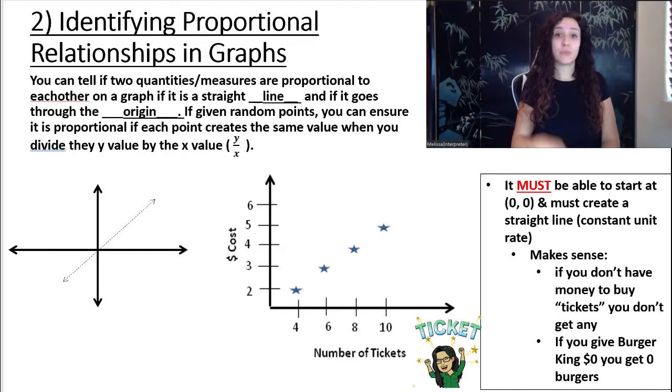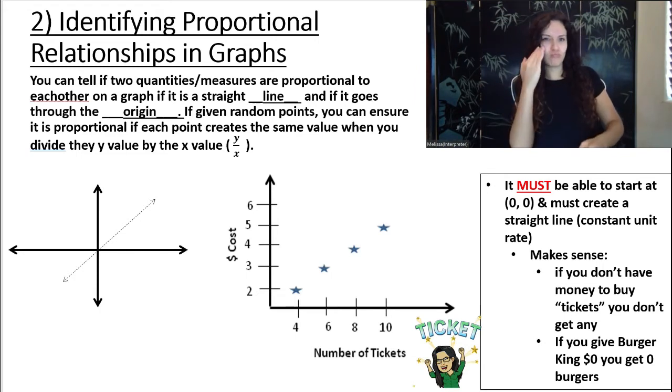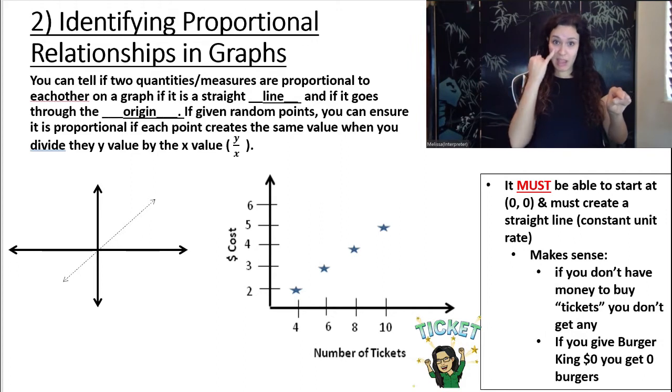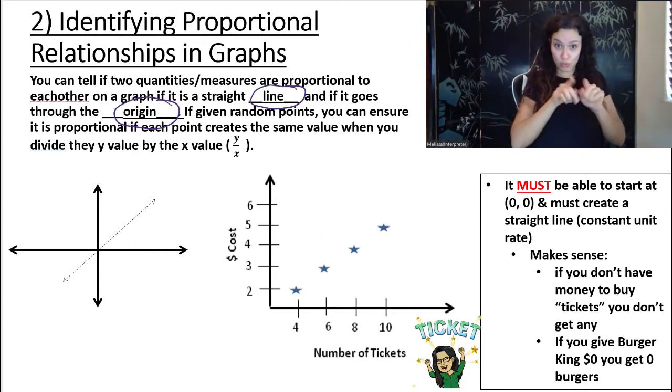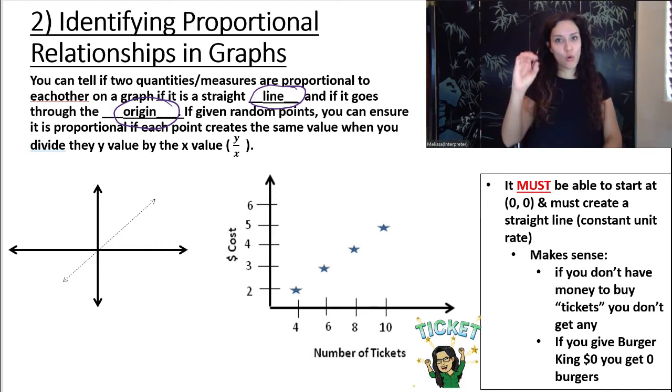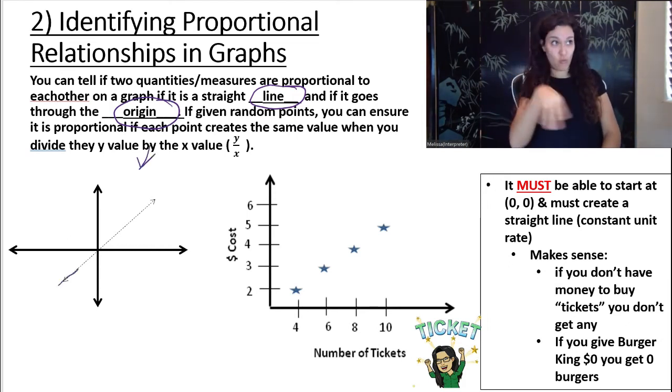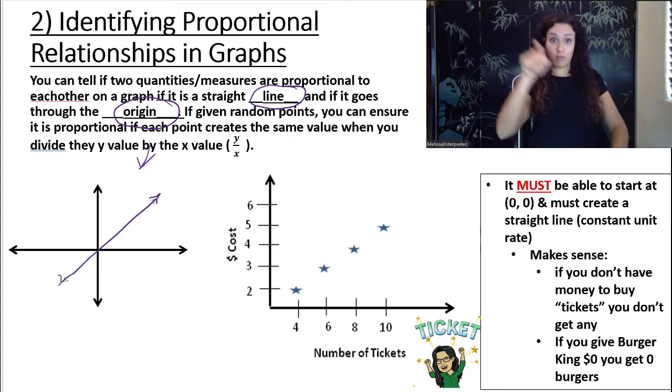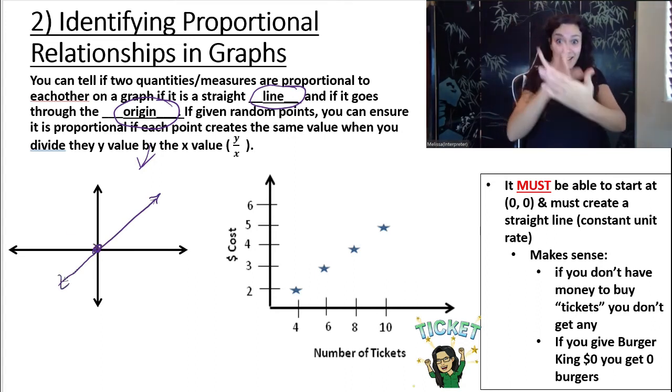So to identify proportional relationships, you can tell if two quantities, so two different units, are proportional to each other on a graph if it is a straight line and if it goes through the origin. So if I look at this graph right here, it's a straight line, and it goes to the origin. Remember, this is the origin,